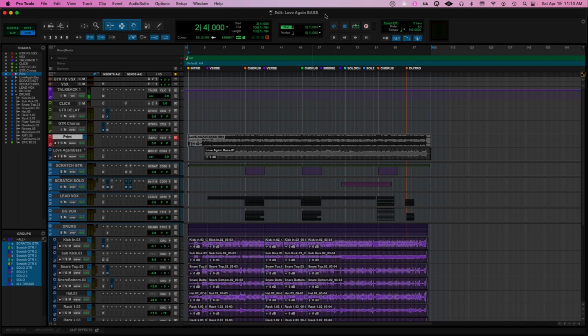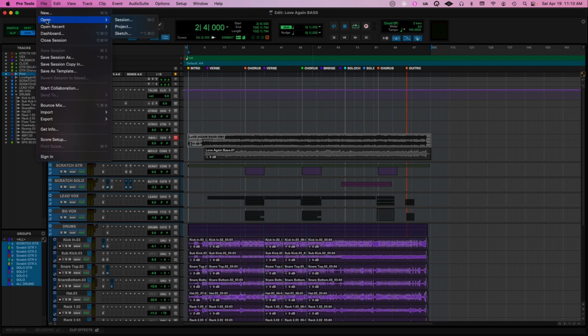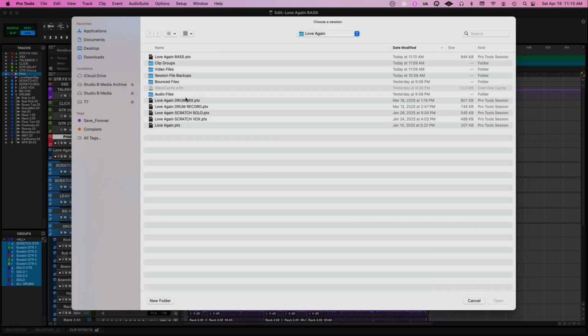You don't want to have a bunch of sessions that you have to go through because you don't remember which one was the last one that was still good. So name it the one that you always name it. Here, this one's named bass. I've got other ones named for when I did the scratch vocals, the scratch solo, the scratch guitars, the drums. After we got the drums, I did a quick drum mix, and now I'm onto the bass. So you can see that I keep track of my save as